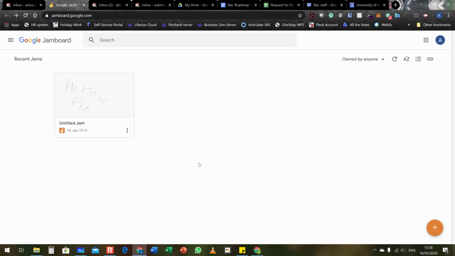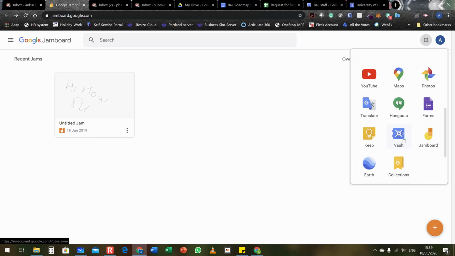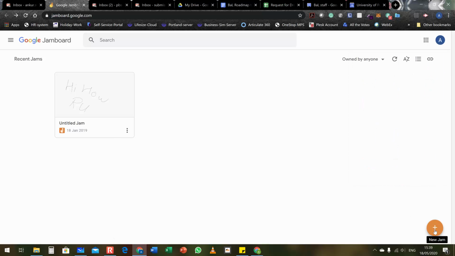The second option is the Google Jamboard. The Google Jamboard is available just by clicking on the Google Apps on the corner over here, and if you scroll down, you should see Google Jamboard over here. When you click on it, you should see an option to create a Jamboard, which is, if I click on the new Jam, it would just create a